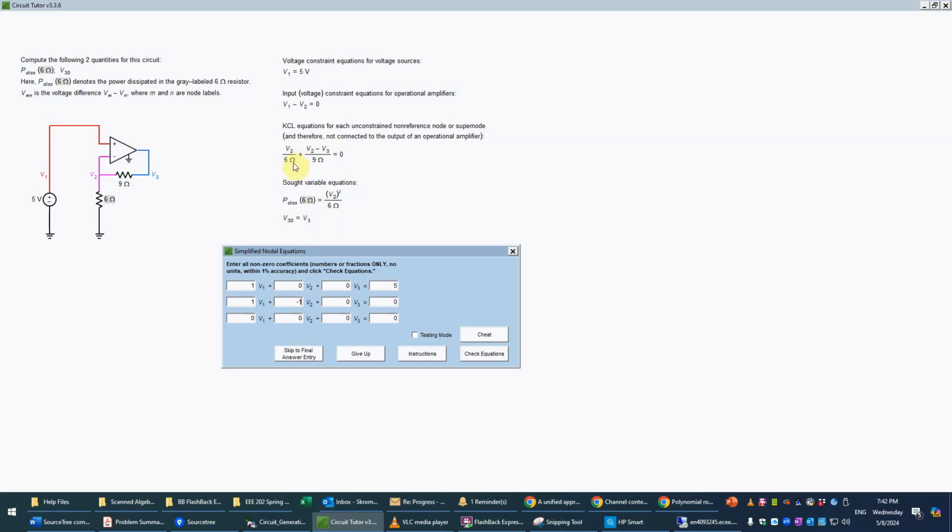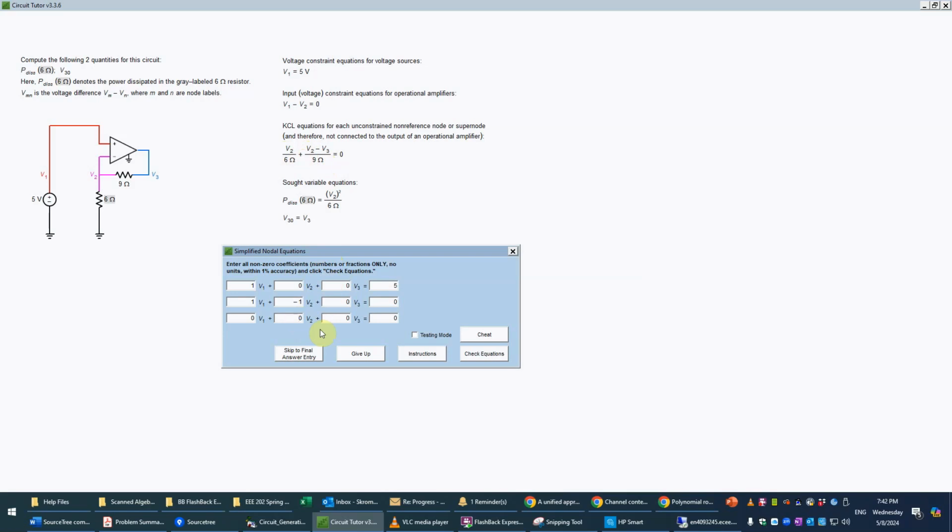And then for the third equation, we have no V1s, so we'll leave that at 0. And then V2, we have 1/6 plus 1/9. Well, we have to make a common denominator here. So we have 3 times 2, 3 times 3, so 18 would be the common denominator. And so this would be 3/18, and this would be 2/18, and so that's going to be 5/18 for the